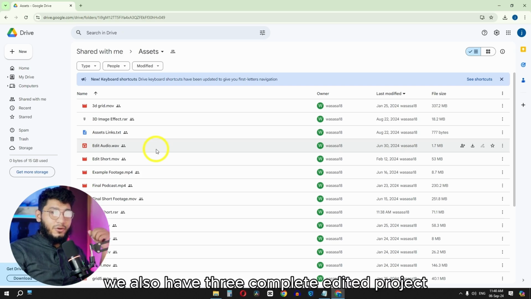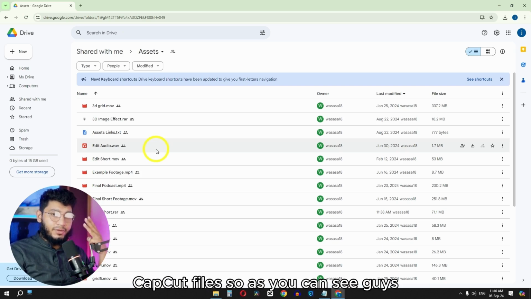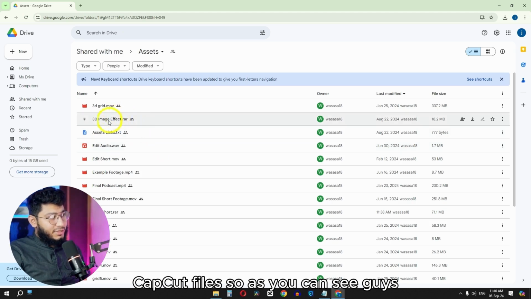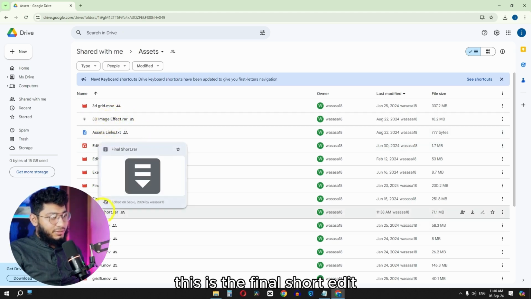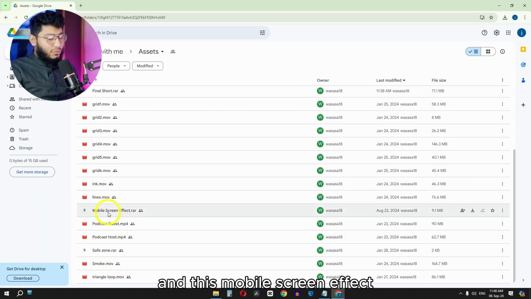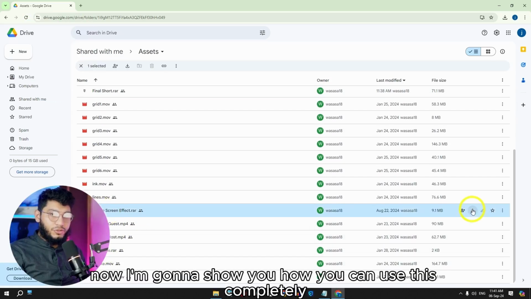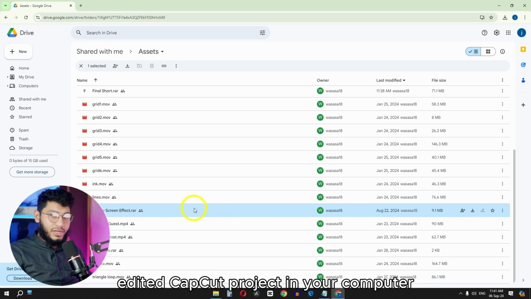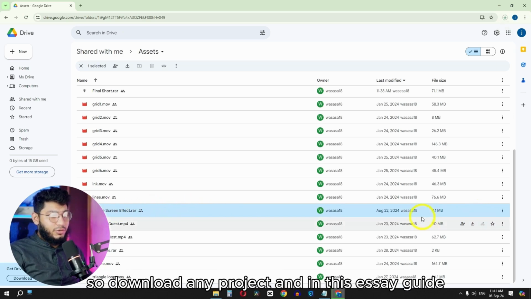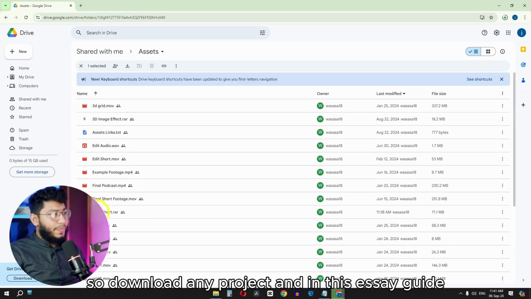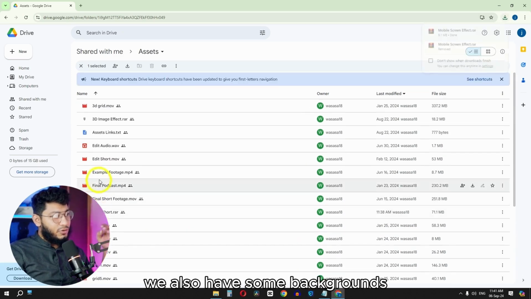In this drive link we also have 3 complete edited project CapCut files. As you can see, this is the 3D image file, this is the final short edit, and this is the mobile screen effect. Now I'm going to show you how you can use this completely edited CapCut project on your computer. So download any project, and in this asset guide we also have